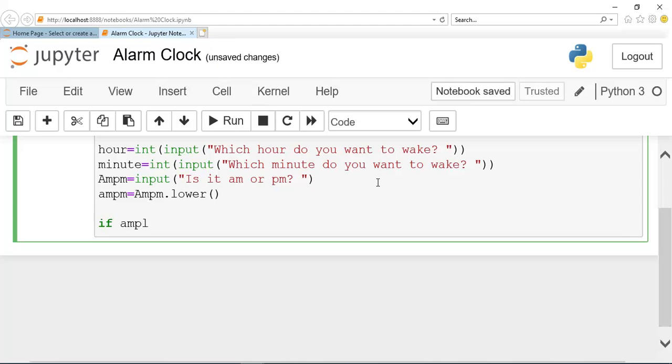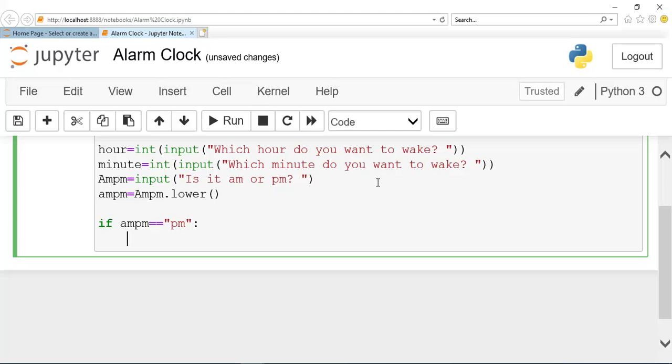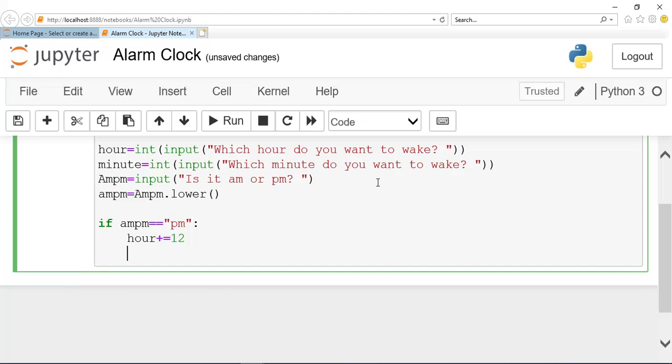If am_pm is equals to pm, okay guys. So what we are going to do is we will add and assign 12 in our hour variable.